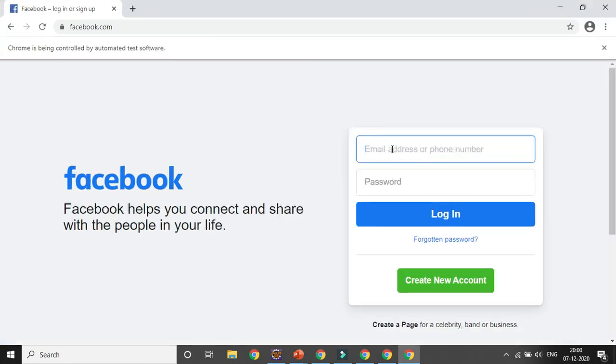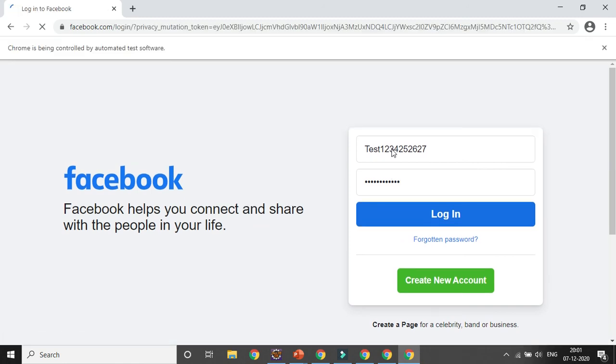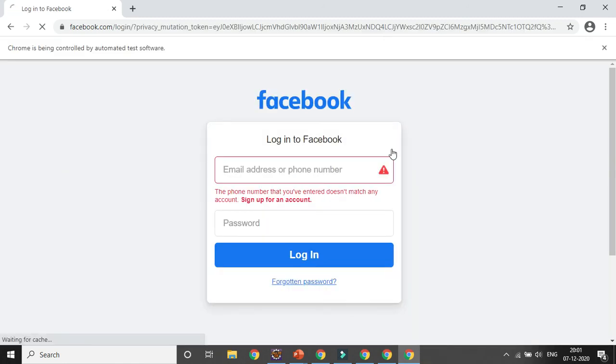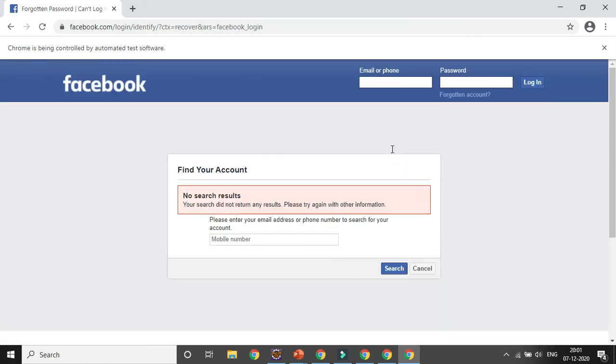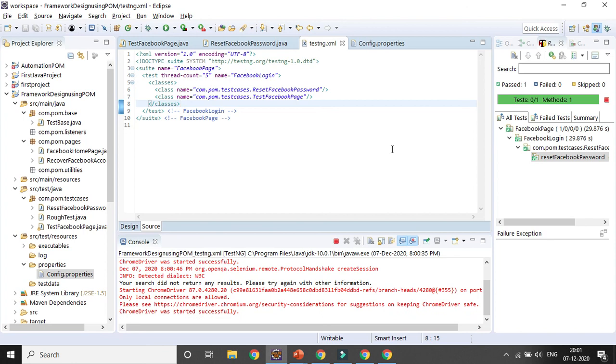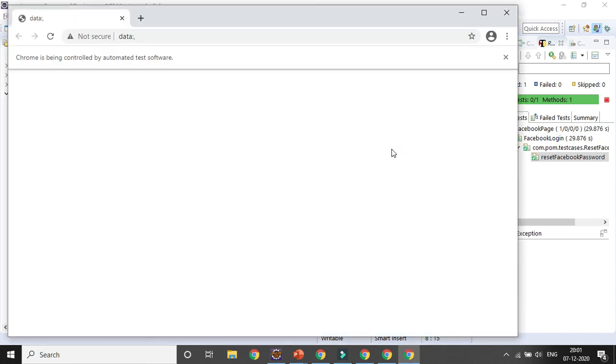It will enter email ID and password, click on the login button, then click on the forgotten password link, then enter the email ID and click on the search button, then quit the browser, right? Then it will execute the next test case and launch the Chrome browser.